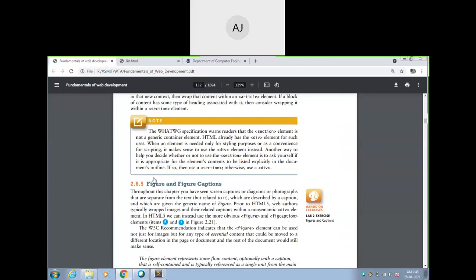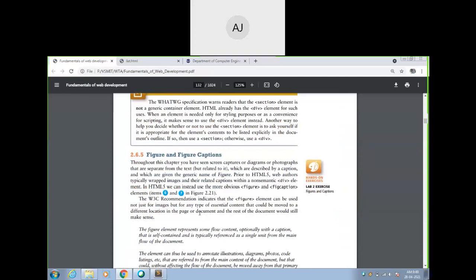One more, you have figure and figure caption. Whenever you want to define a figure, the img tag is already there, but along with that if you want to use the figure tag, you can use figure, give that particular figure path, and then close this figure. These are some extra HTML5 tags.